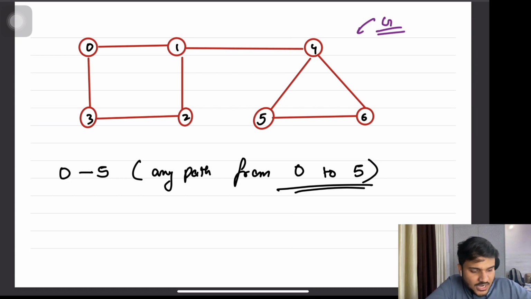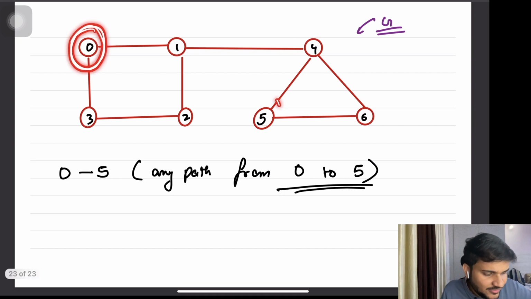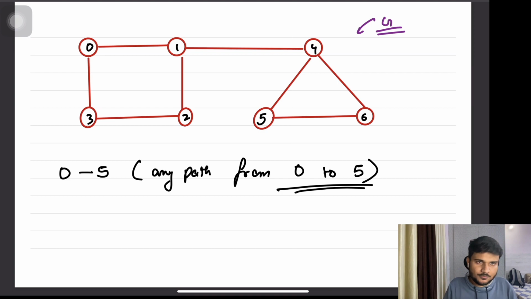If you want to start from a particular position and end at a particular position, and you want to check whether there is a path or not, what do you do? You start your traversal, you start reading it one by one, and see whether you are able to get a path or not. In order to check whether there is a path from 0 to 5 or not, it's a very big problem. How about if you are able to divide it into smaller sub problems? If I want to go from 0 to 5, I don't know if there is a path from 0 to 5 or not.